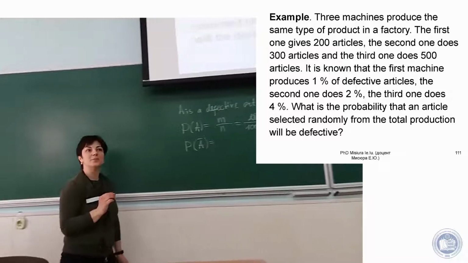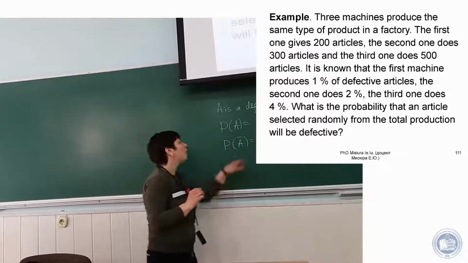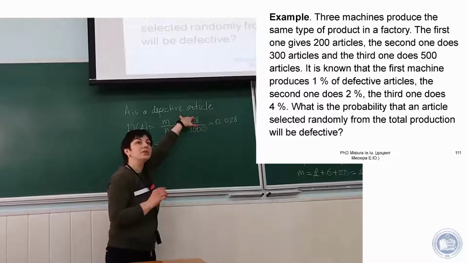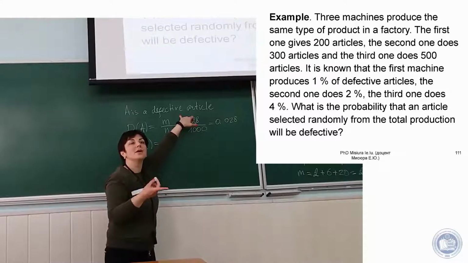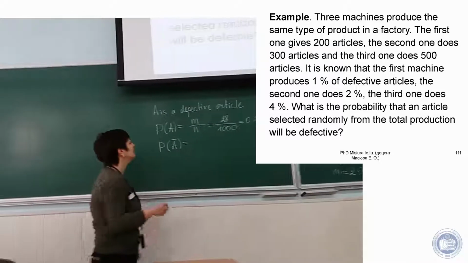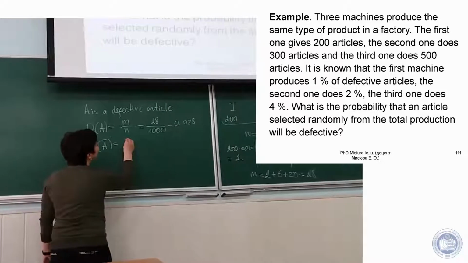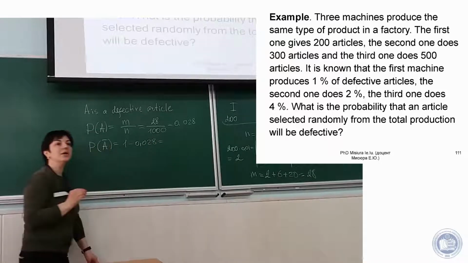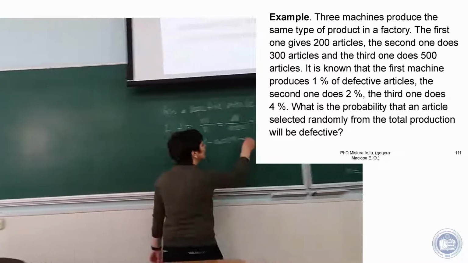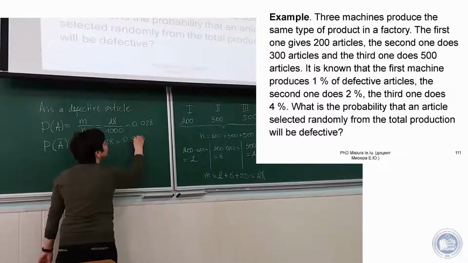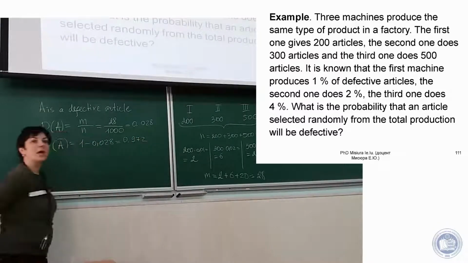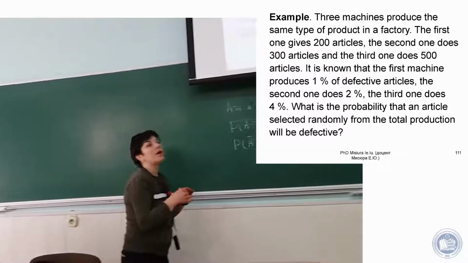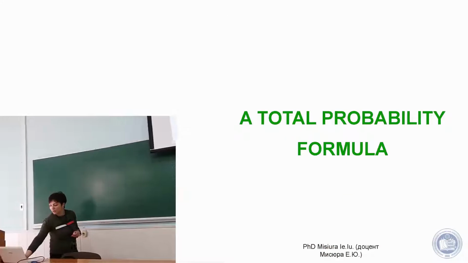Students, let's call the opposite event. How to explain the opposite event? A is a defective article. Let's call it not A, or standard article, not defective. And it will be 1 minus 0.028, and equals 0.972. Now students, let's solve this task with the help of the basic formula, which is called